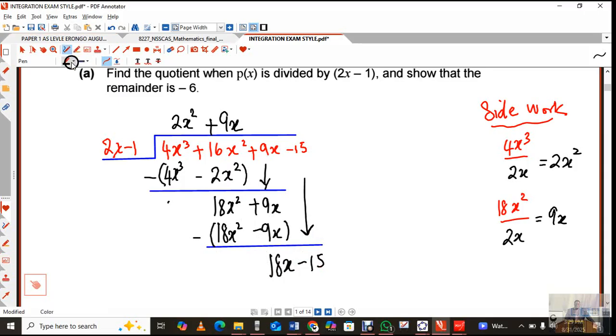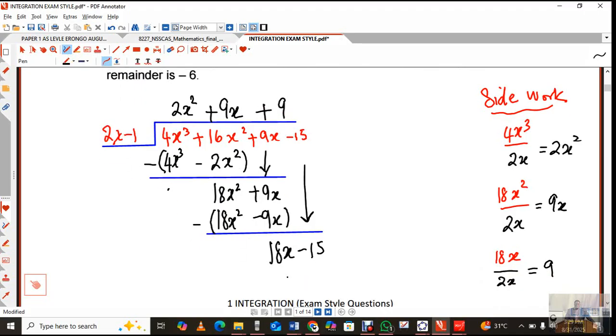Okay, so I'm going to go back to my side work and I'm going to divide this 18x by my 2x. And then if I do that, the x's cancel and I have positive 9. So positive 9 comes over here. So 9 times that, of course, is going to give you the 18x. And if you say 9 times that is negative 9. And then obviously when you now bring in your brackets again, you will see that if you do everything,